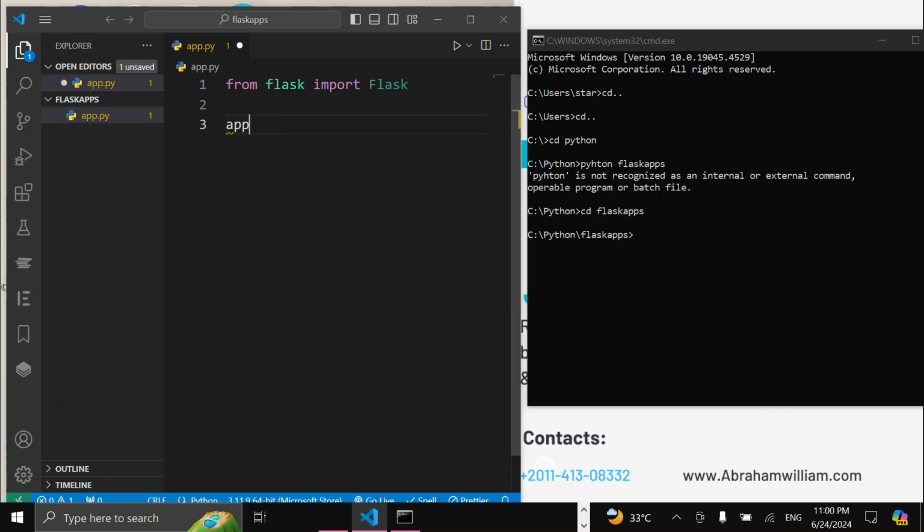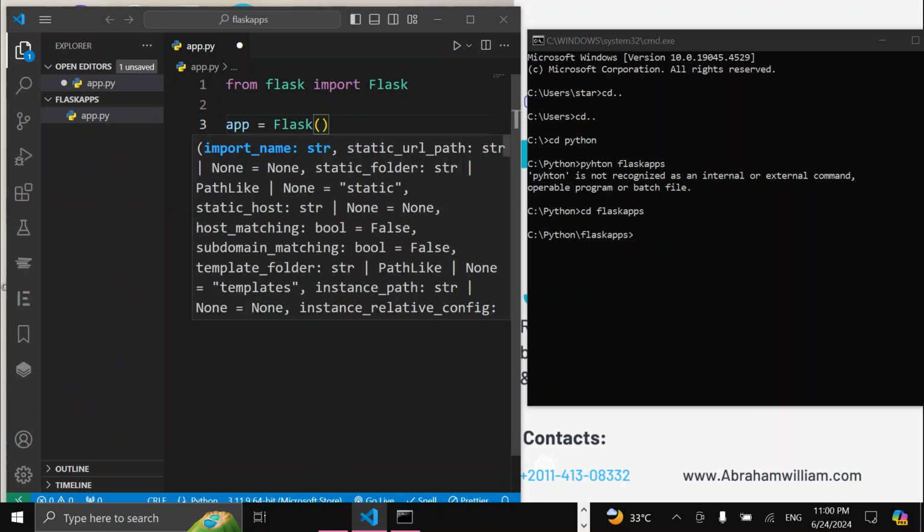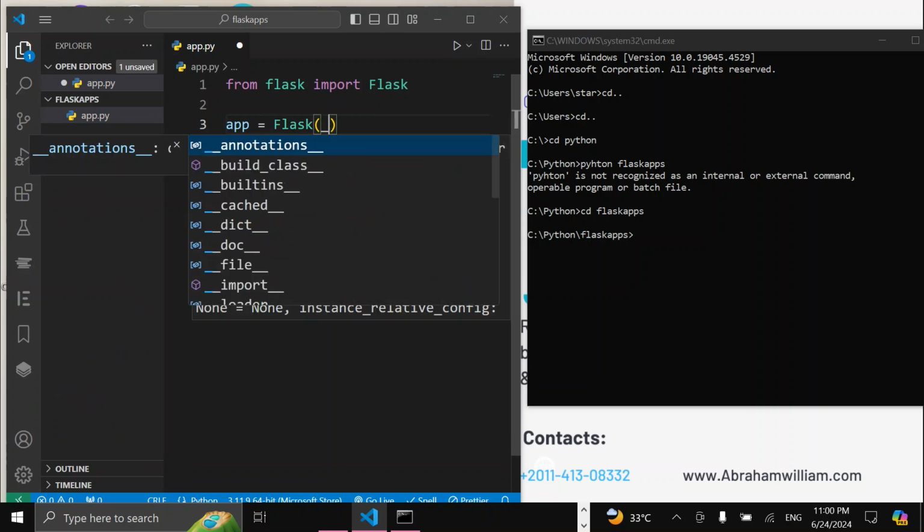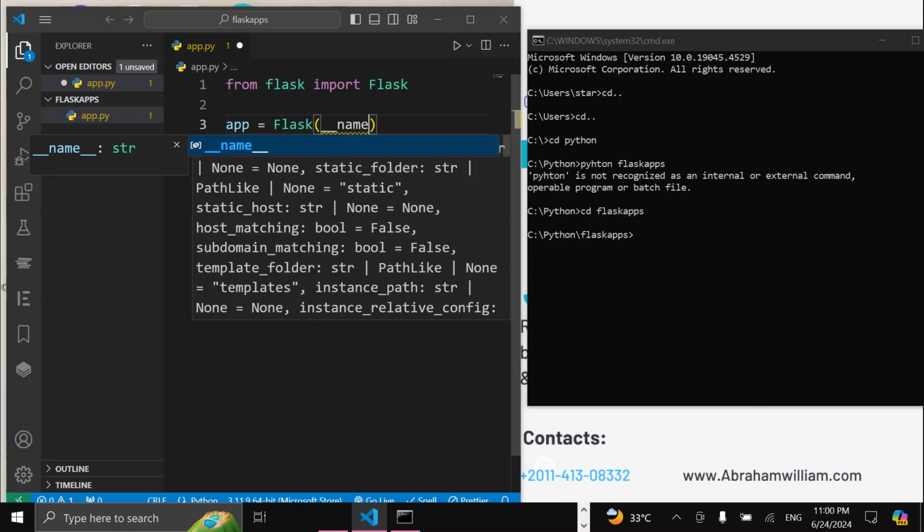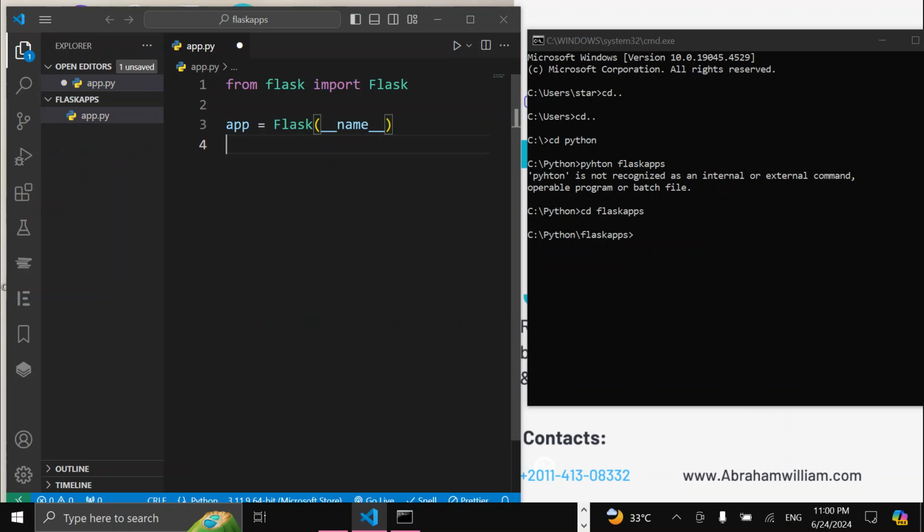Then app equals Flask, and inside it, underscore underscore name underscore underscore. Good. Enter. So after that we need to write